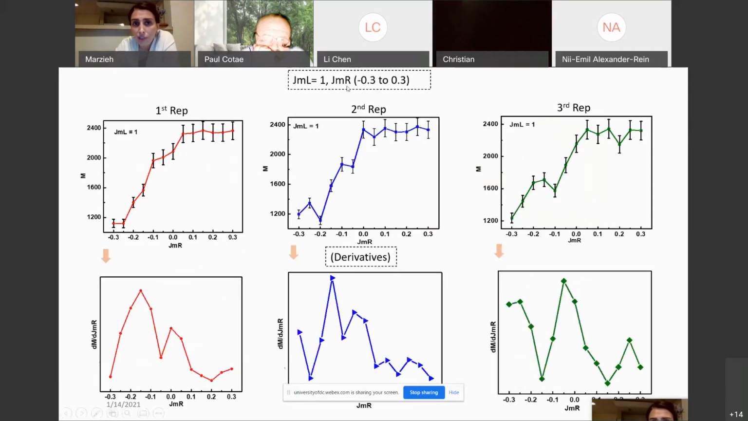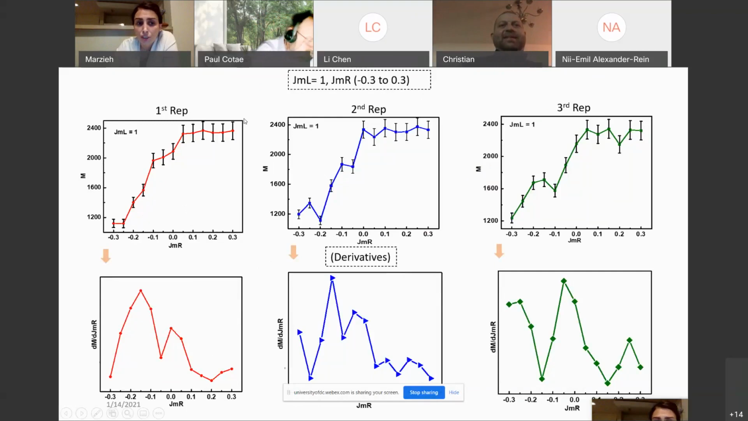So we still confine the JMR range between -0.3 and 0.3, with a step of 0.05, and we did the simulation with 3 repetitions. So we have the evolution of magnetization versus JMR. And in order to find exactly where the transition happens, we calculated the first derivative of the plots